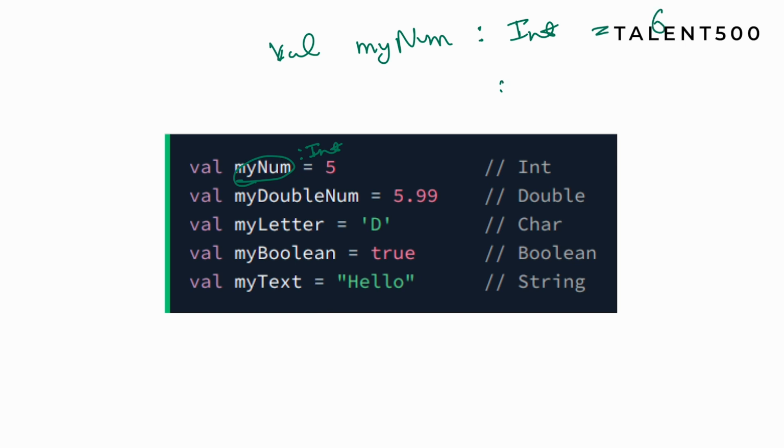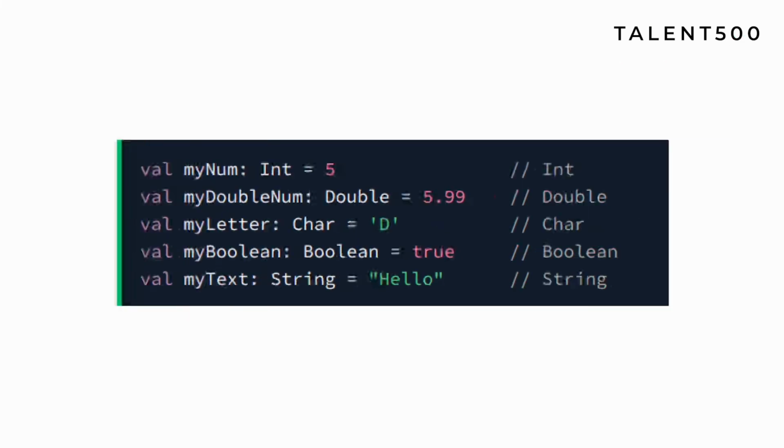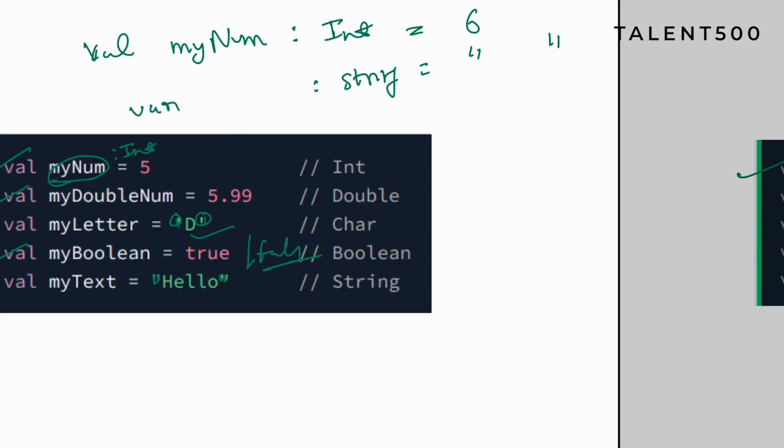Similarly for a string, you can have variables where string will be the data type, and then in double quotes. For a string you always have to use double quotes. You can see here this is of char type, and here the values are kept in single quotes, right? It is not like double quotes, only single quotes you have to use, right? And this is integer, then this is of type double, and this is boolean. Boolean is either true or false. These two are the values for the boolean data type. Perfect.